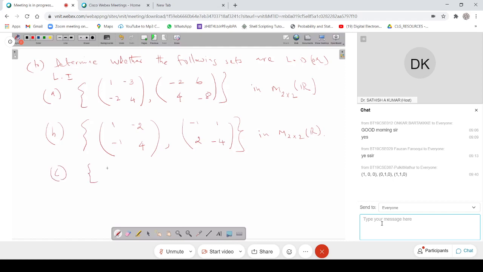Again, we'll give a set of vectors in the usual way. We'll take 1 minus 1 2. This might be dependent, but anyway you can verify that. 2 0 1, minus 1 2 minus 1 in R3. So the first two are matrices, and then the other example is the usual way you have to consider.